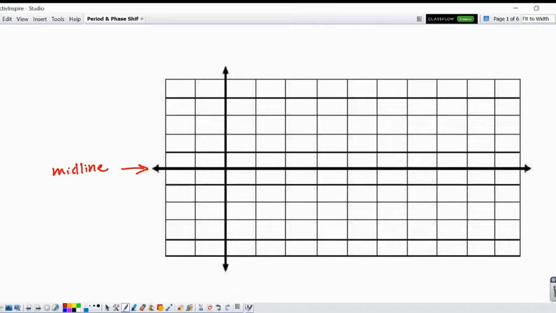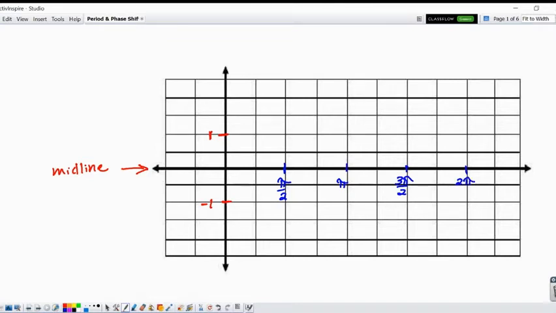Our amplitude is 1, so I'm going to go ahead and mark the y-axis. Our graph will go up to 1 and down to -1. I just made each of those worth 2 boxes, just be consistent. And now, before we graph, we're going to mark the x-axis with the idea of that unit. And it said that we should put a mark every pi over 2. So we have the space here. I'm going to make each 2 boxes worth pi over 2. So we'd go pi over 2, pi, 3 pi over 2,